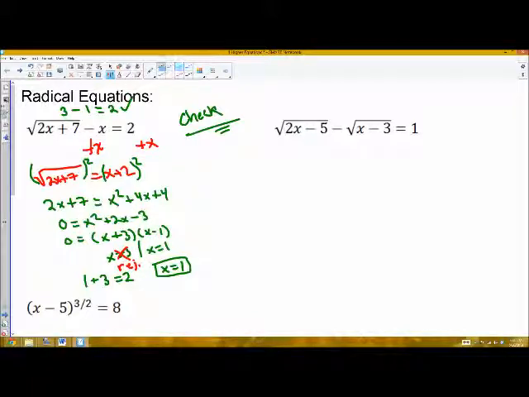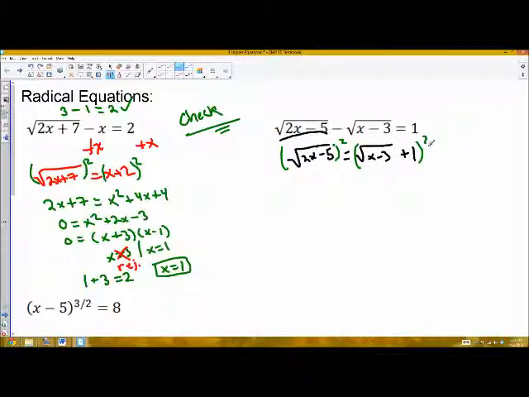One slightly more complicated version of this is when you have two radicals, but the process is the same. I'm going to isolate one of the two. It doesn't matter which one you isolate. For me, I'm going to isolate this first one to get rid of one radical, and then you'll have to repeat the process for the second. Sorry, that's a minus. So this is the square root of 2x minus 5 equal to, and if I add this radical to both sides, it'll be the square root of x minus 3 plus 1. Now, what happens when I square it this time is, again, I'll have to FOIL the right-hand side,